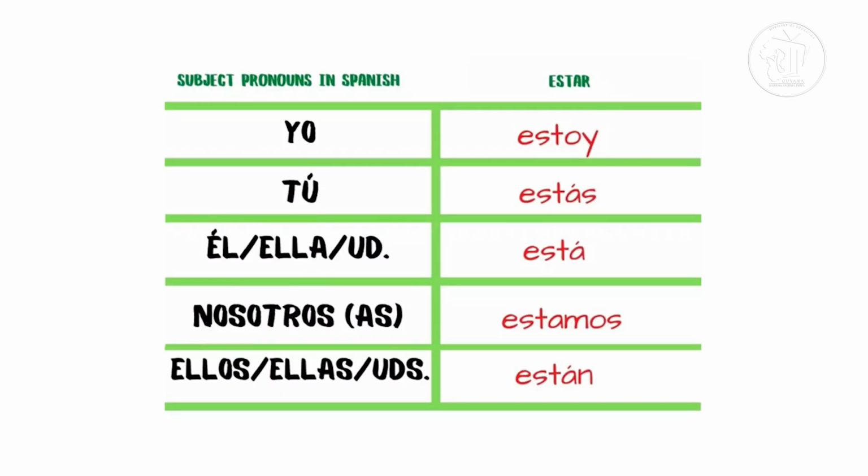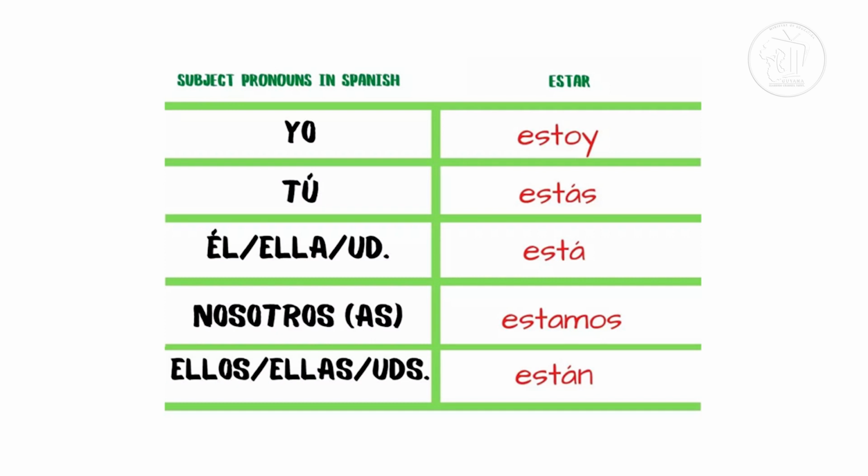The Spanish present continuous tense, which is used to talk about something that is happening at this very moment, is formed from the present tense of estar and the gerund of the verb. Here's a little reminder of the estar verb in the present tense. You might remember this. So estar conjugated to the different pronouns is yo estoy, tú estás,